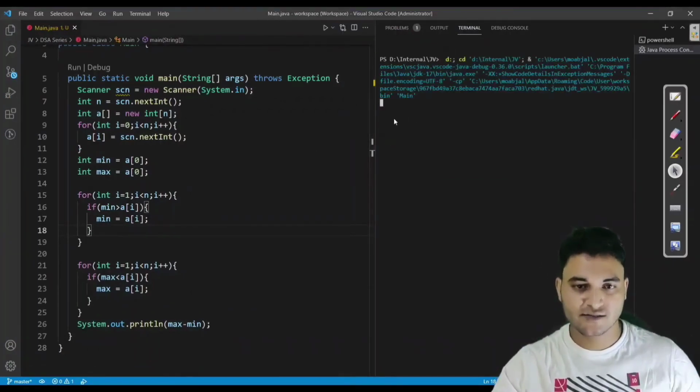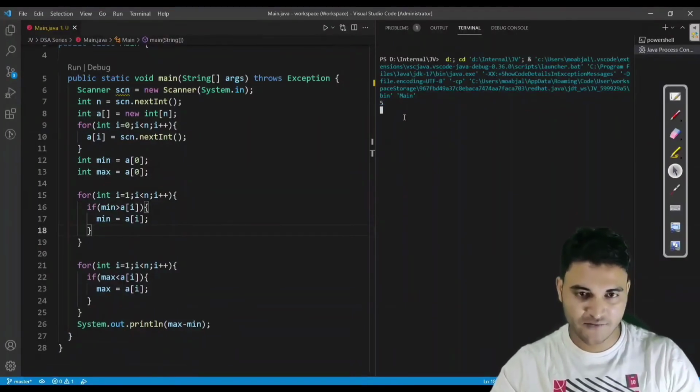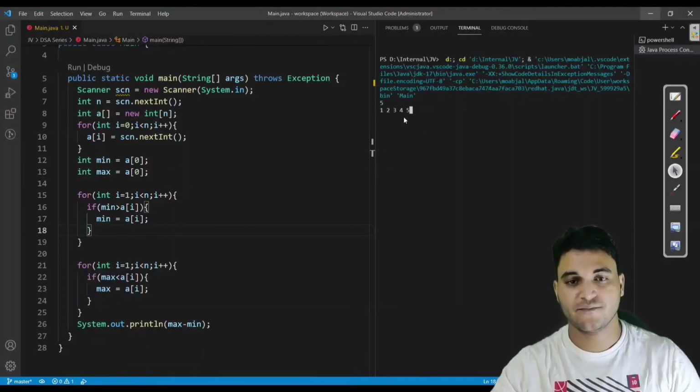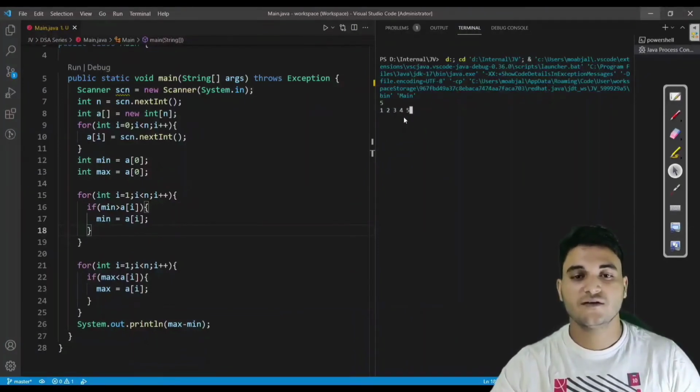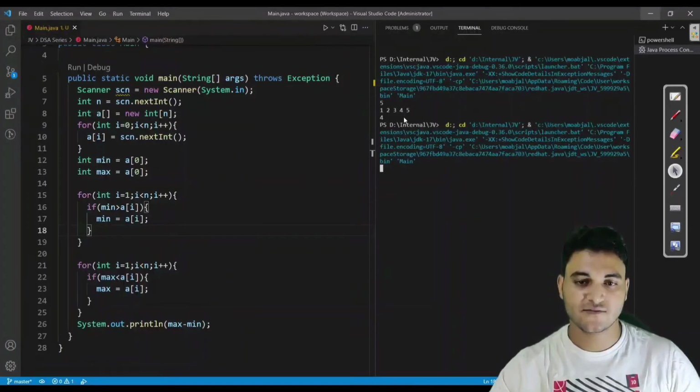Firstly, let us see whether this is working or not. So I am providing 5 and an array which is 1 2 3 4 5. Now we should get our answer as 4, because maximum is 5, minimum is 1, so I would get 4. You can see I am getting 4. Let us run for one more input.